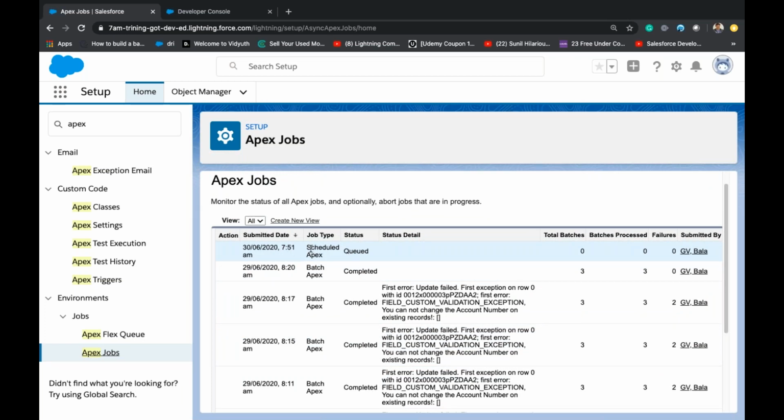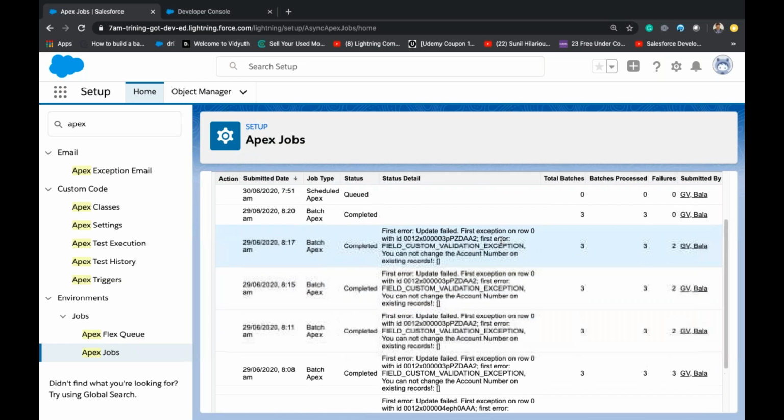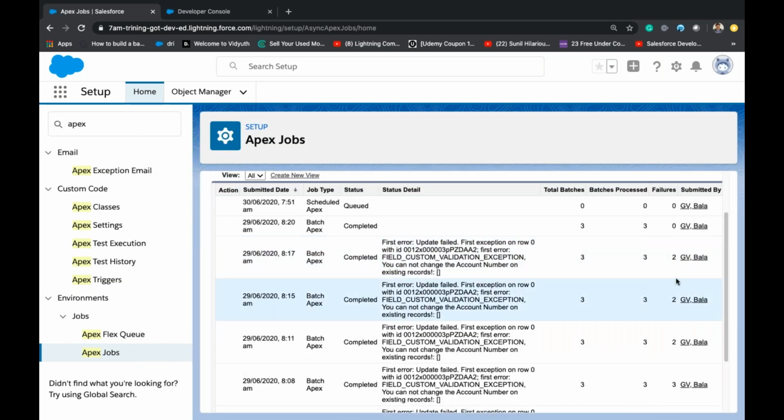You can see here the Apex job is queued. Right? So these are all executed. Sometimes these are failed. The last one batch is executed, 3 batches, right?